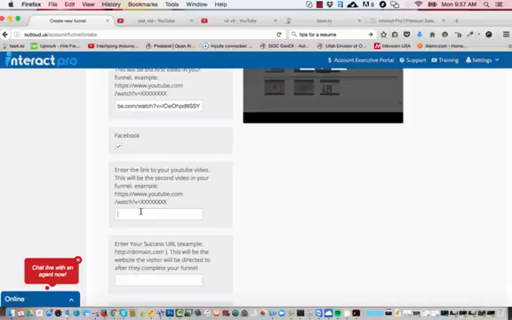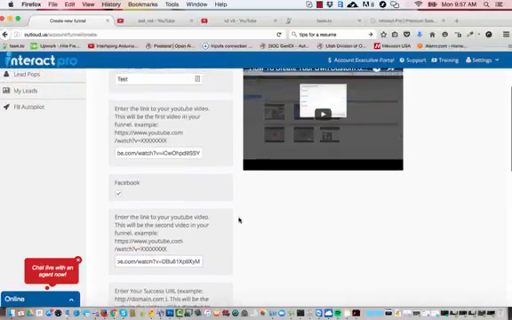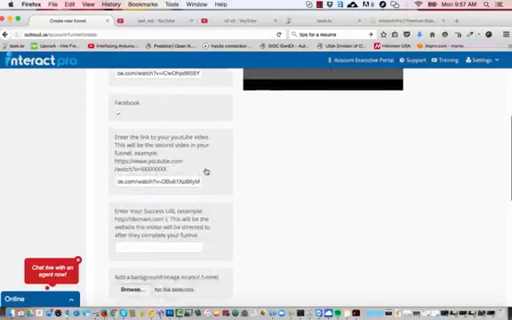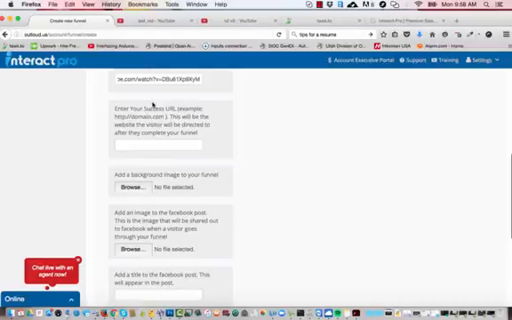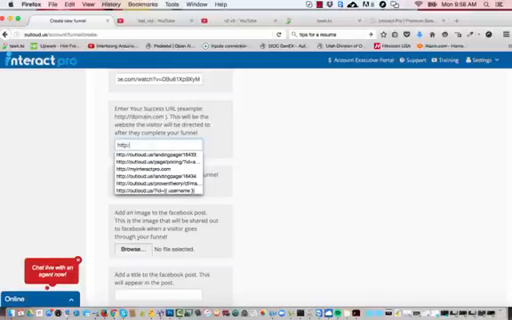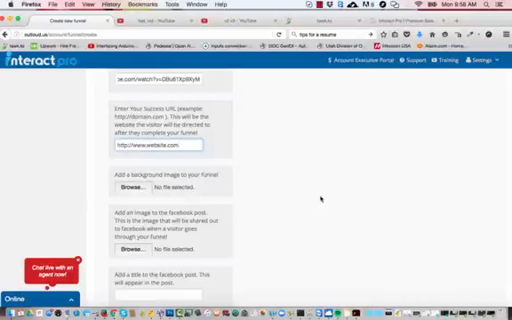And this is going to be your presentation or education video that you'll get into the details of whatever your offer is. So that's how simple it is. As you move down the funnel process, the system needs to know where to redirect them to when they are all done with this funnel. So if you have a product purchase page or you're directing them to your website, then you would put that link here. And that's going to direct that person to that location as soon as they complete the video funnel